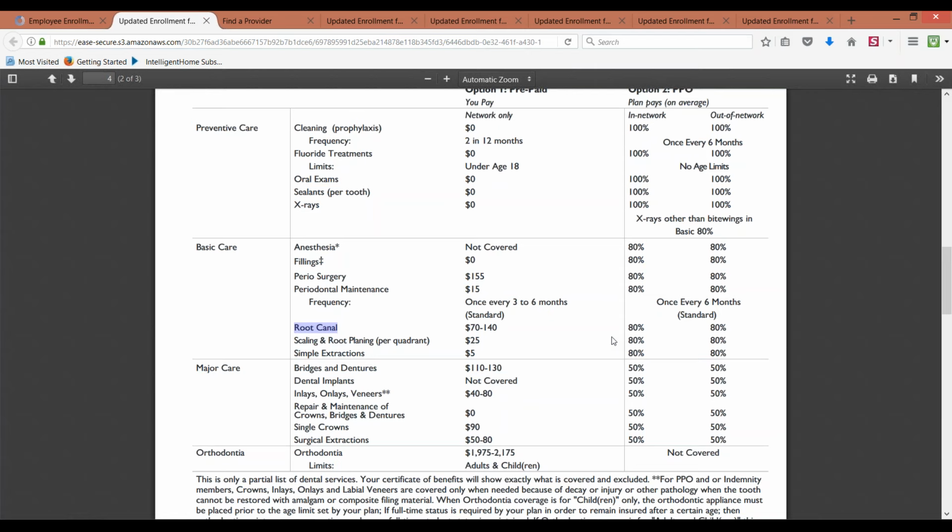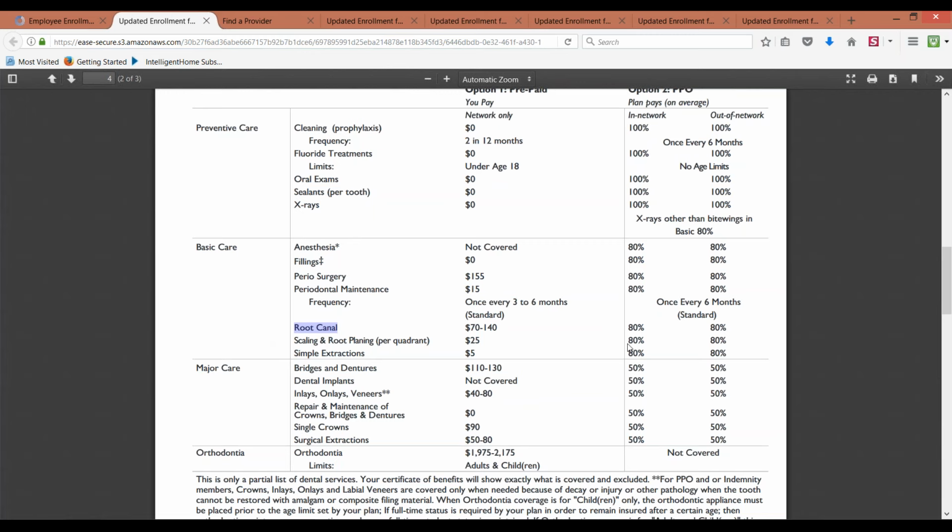Even if the root canal is $1,000, you will only pay $200, right? That's awesome. Do keep in the back of your mind that that $800, because it was a $1,000 root canal, is being paid by the insurance company. So instead of having $2,000 now, you only have $1,200, all right? But that's still plenty of money to go get a crown done, right?